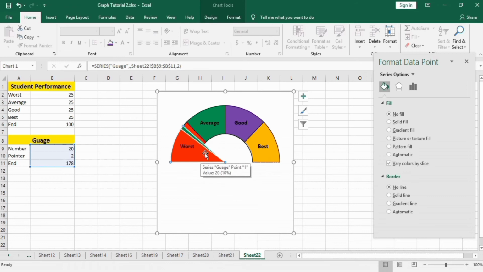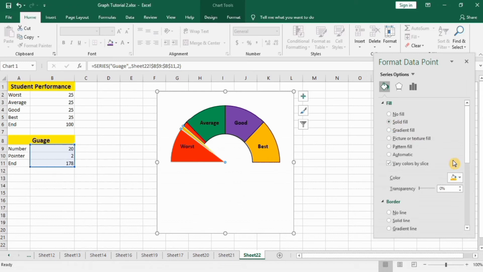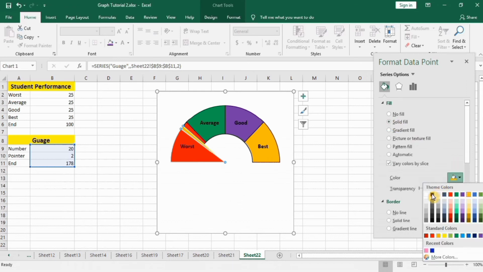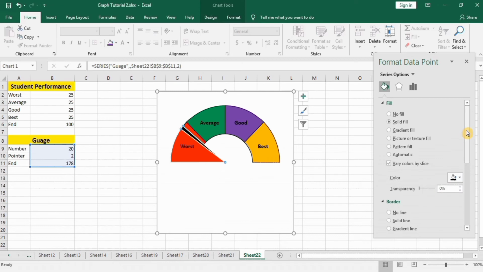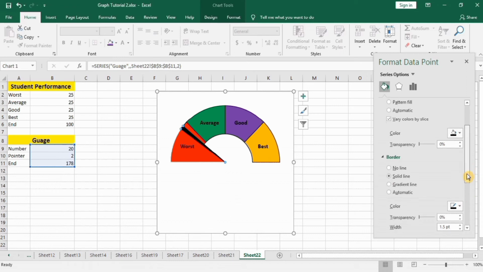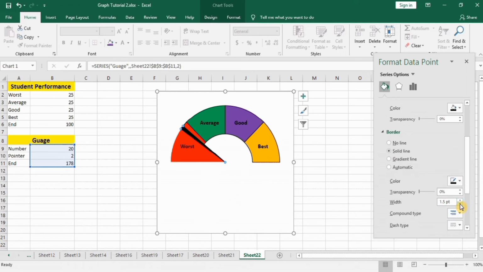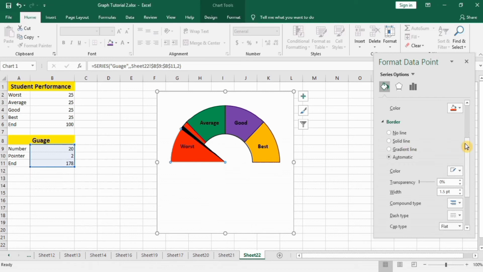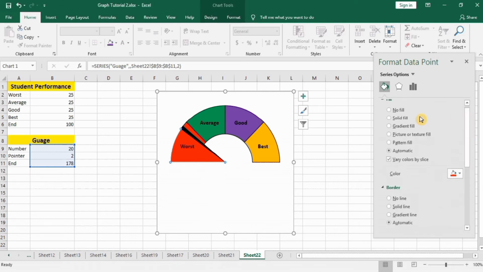Similarly, select the other slice which is the pointer and I will select solid fill for it with black color and border solid line, black color and width 1 pt. Now select this slice and select here no fill and no line.